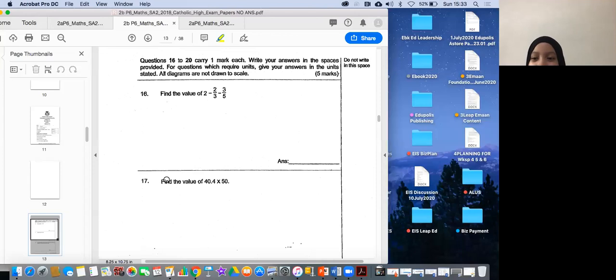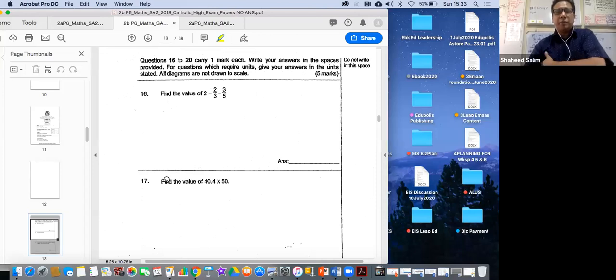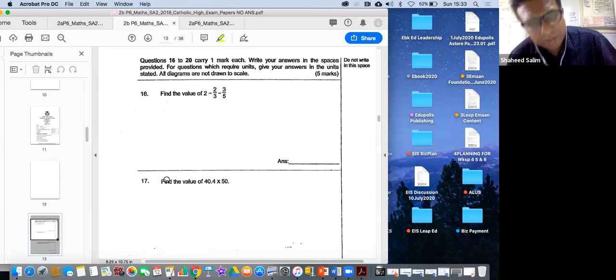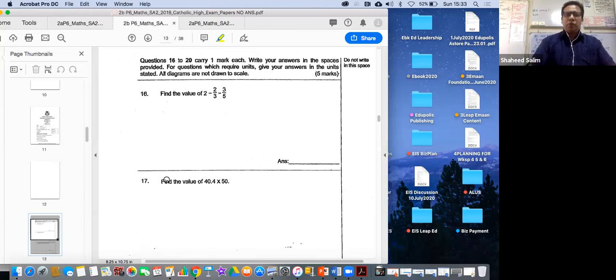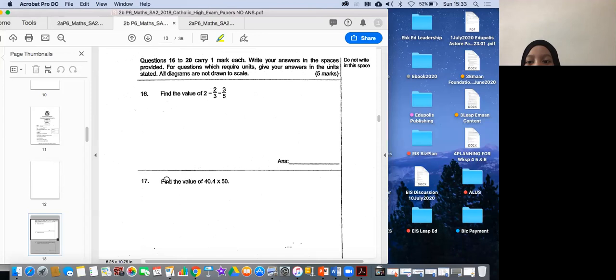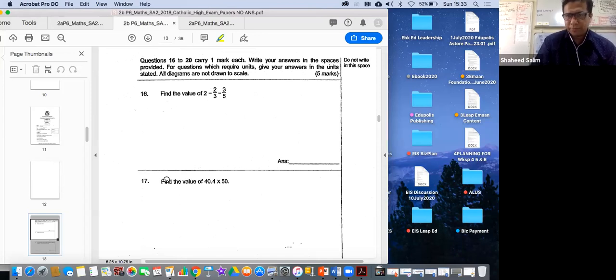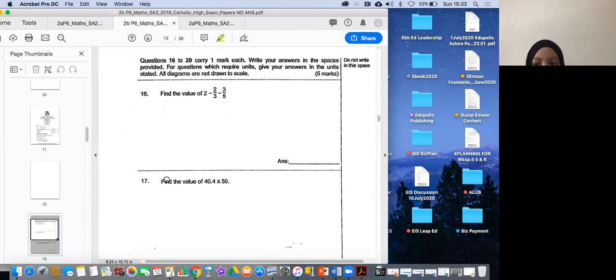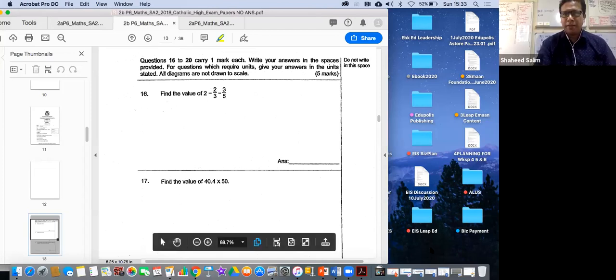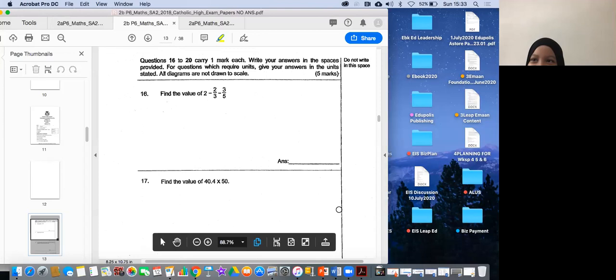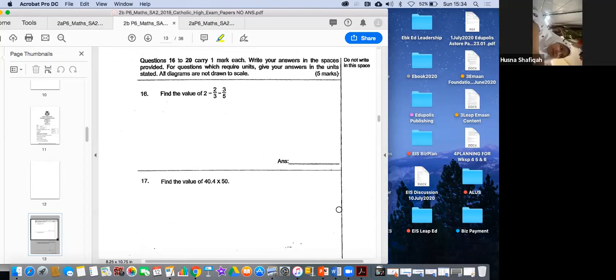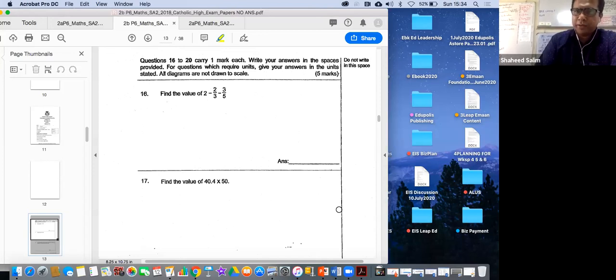Shaheed, is it 10 over 15? 10 over 15 can still be brought down to lowest terms, but I think the answer is not 10 over 15. Which one is 10 over 15? 2/3 is 10 over 15, is it? No, I think you are not correct. Show me your working. Is it 11 over 15? 11, 15. Okay. You'll see whether yours is correct.